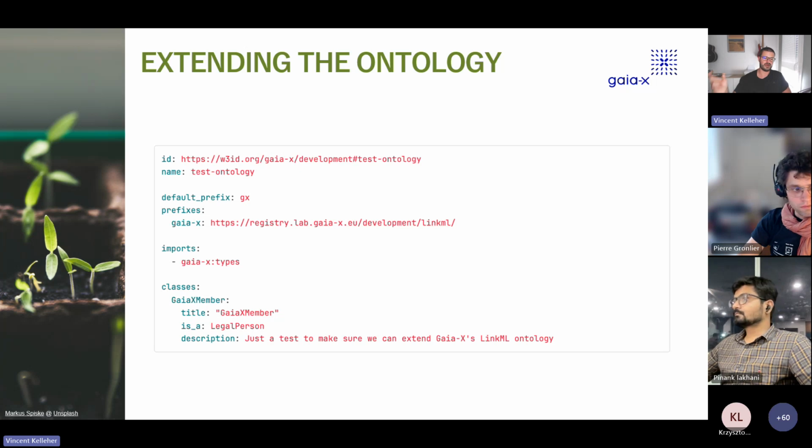And we then import the types from that URL. What that means is that as soon as you're going to run LinkML on that YAML file, it's going to be capable of understanding the whole vocabulary and the whole ontology. Then you'll just have to say, okay, I want to build, for example, a Gaia X member. I just say that it's an extension of the legal person